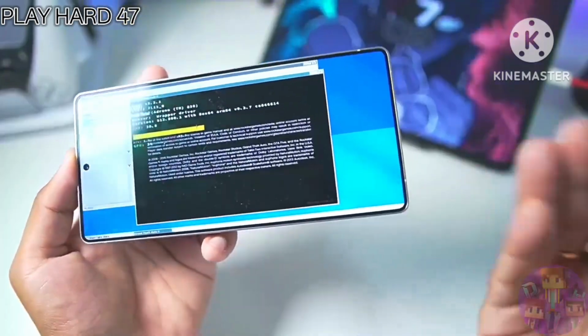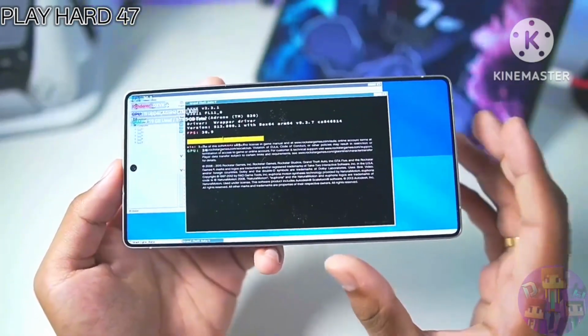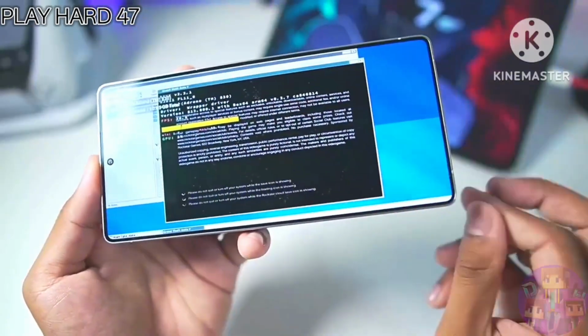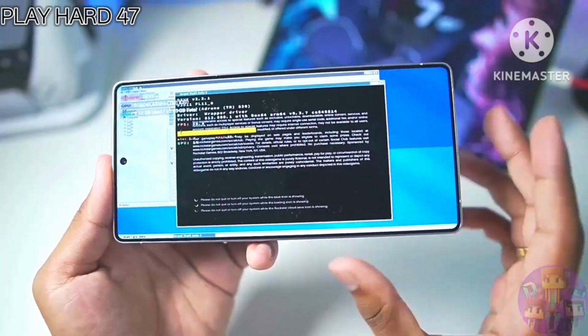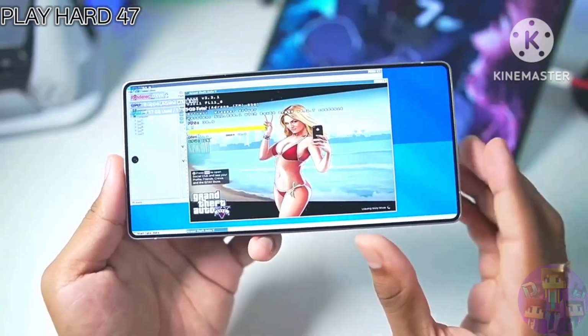have been removed, and half of the map in GTA 5 has also been removed. That's why this is a very small version of GTA 5. The developer also has created a GTA 5 Lite version of 43 GB, which has the entire city and whatnot. But I guess this is the best version so far.